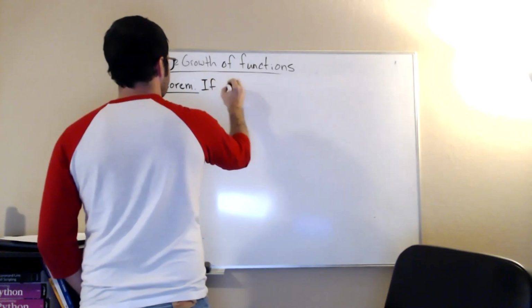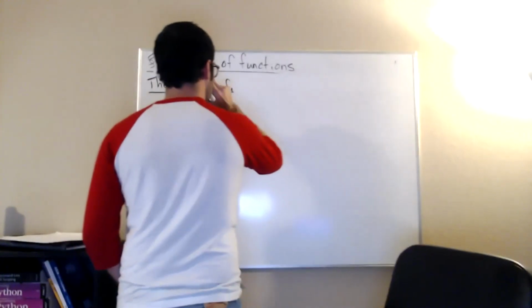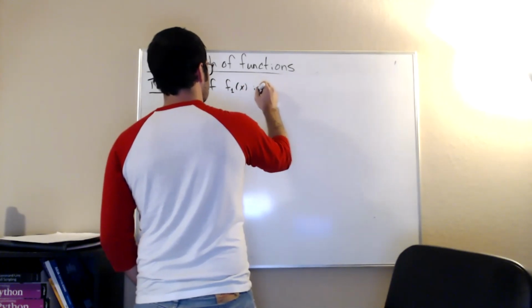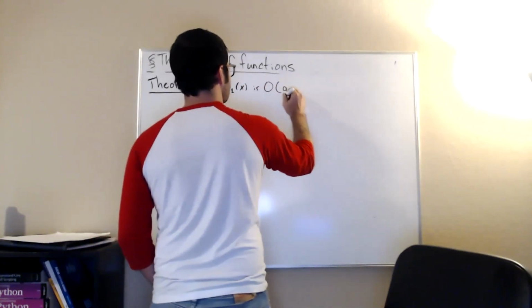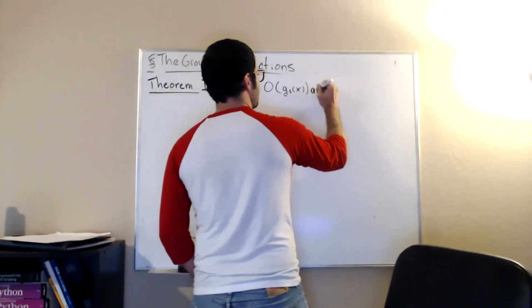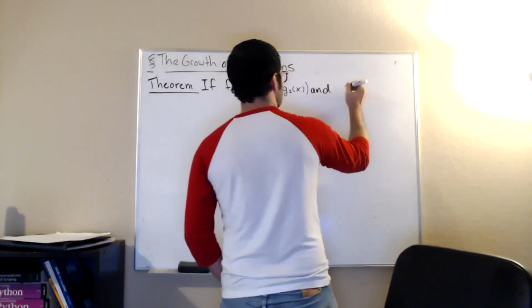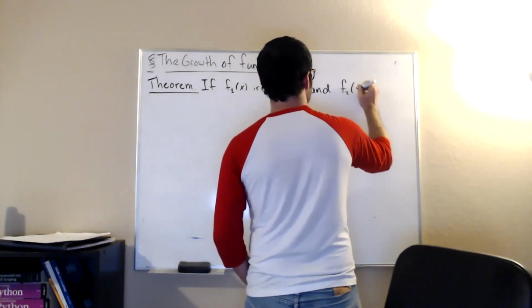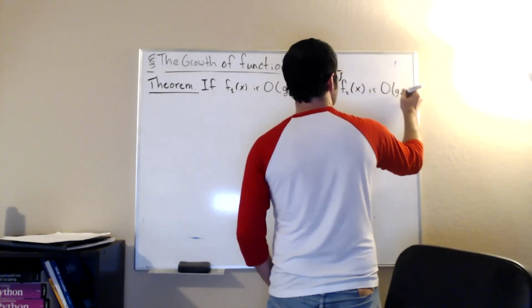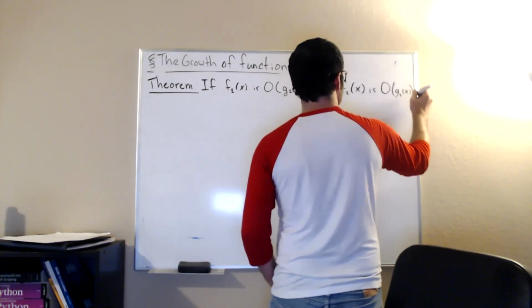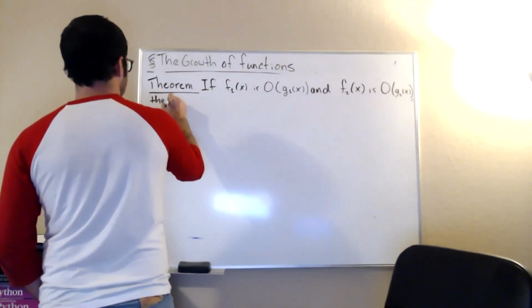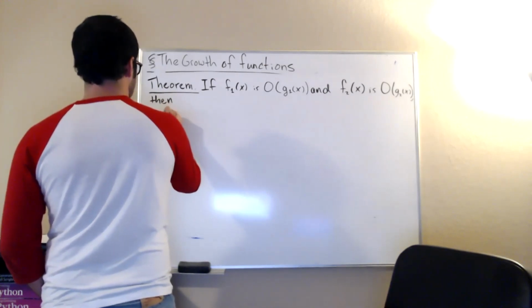If f1 of x is big O of g1 of x, and f2 of x is big O of g2 of x, then, so part A,